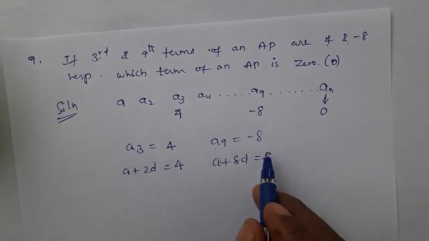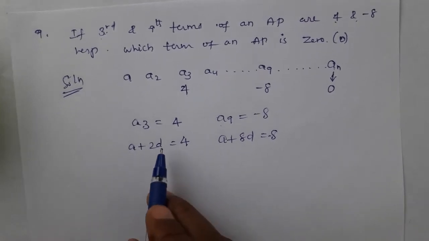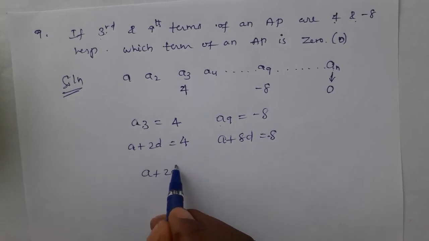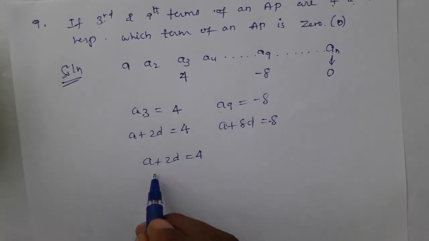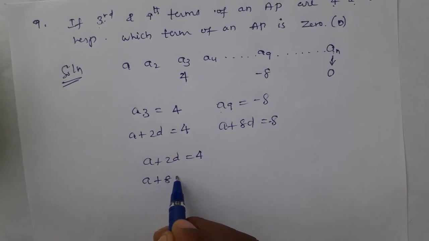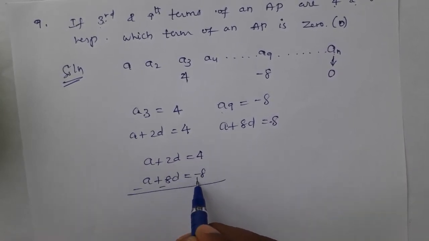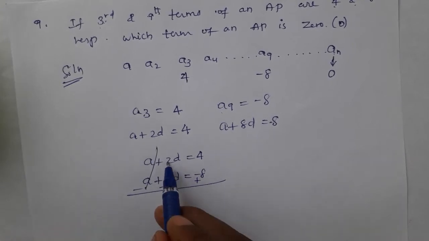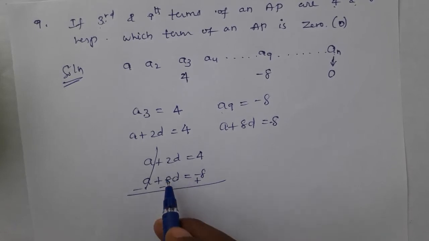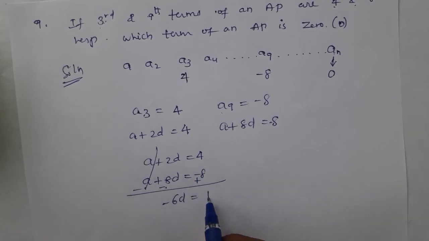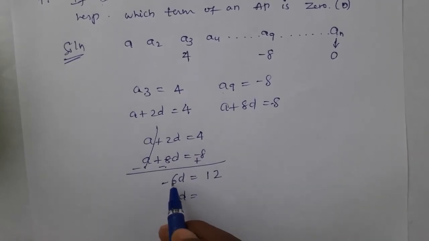Minus 8. So in these two, which is actually greater? Greater is this one only, student, because this is a minus 8 value. No? We write this one first. For this we write second. A plus 8D is equal to minus 8. We go for sign change. Here minus is there, we make it plus. Cancelled. 2 minus 8. Remember, 2 minus 8. We are subtracting a bigger value from the smaller value. When we subtract a bigger value from the smaller value, we get a negative answer. 4 plus 8, it is 12. D is equal to minus 6, shifted here.